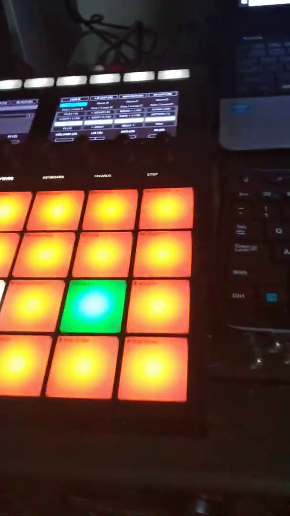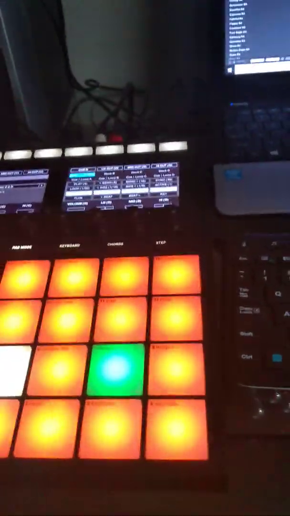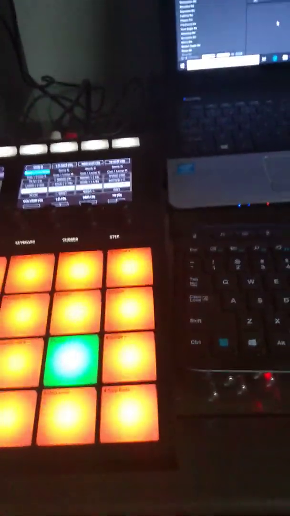Now, I was saying that the mapping that I have gives us access to almost every single feature. The mapping I had for the MK2 was made by a friend of mine from Germany. His name is Frank Bash, and you can visit his website at frankbash.com. If you don't have the MK3 yet and you have an MK2, I would highly recommend downloading Frank's mapping for the Maschine MK2, because that not only gives you access to more features than what I have right now, but in his mapping, and I'm not sure how he did it yet, all of the new sequencing